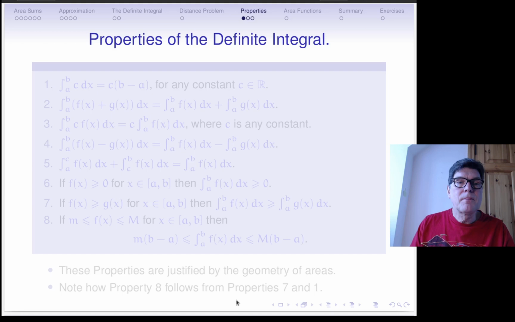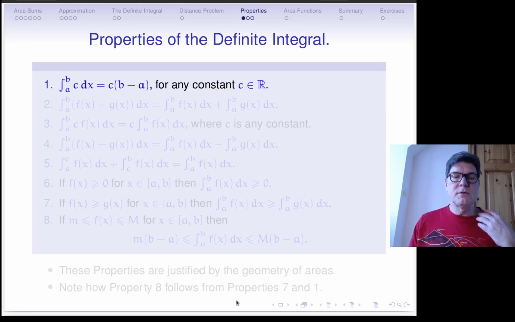Before we get there, let's look at a list of useful properties of this definite integral, properties which can be justified in a mathematically strict way. We don't want to do this now. We rely on the geometric justification of these properties. And they're as follows. The integral from a to b of a constant function, c, with respect to x, is